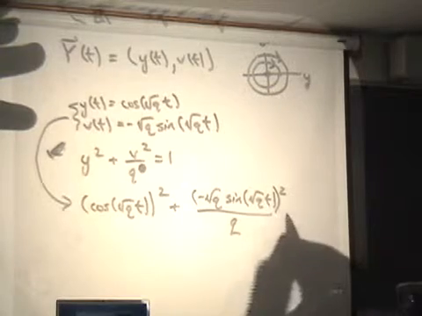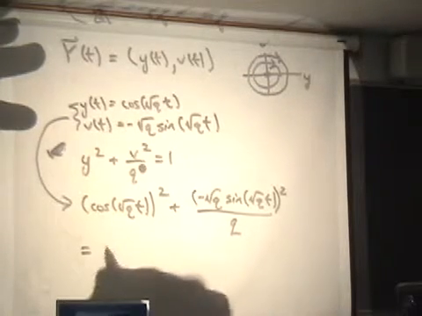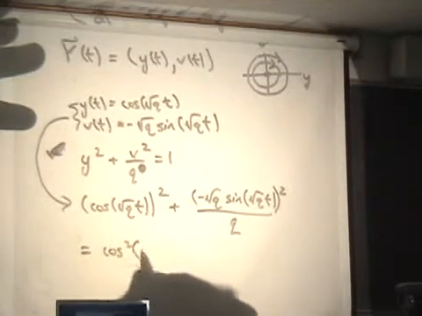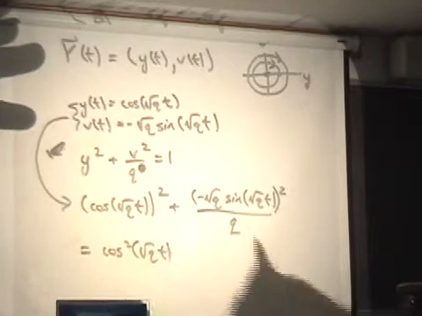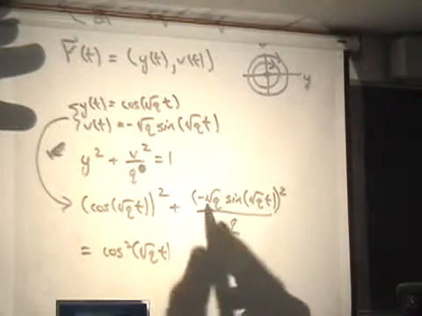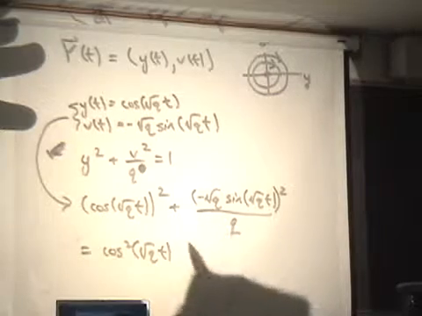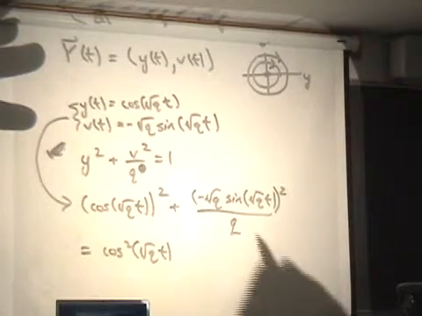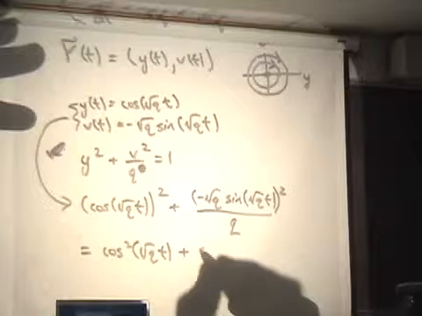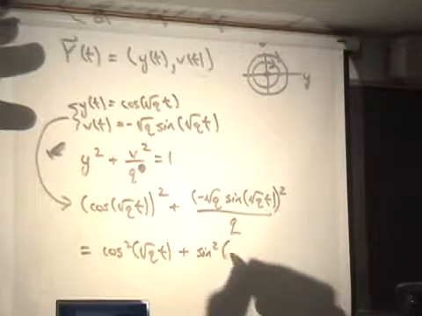Divide the whole thing by q, and now simplify. And the key fact, after canceling the q's, which I get with squaring negative square root of q, I get another q on top which cancels with the one on the bottom, is that I have